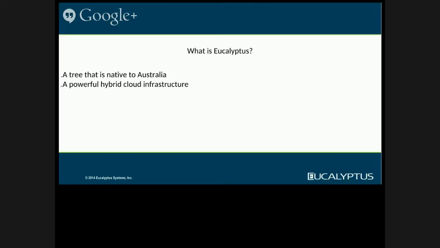And what is Eucalyptus? If you do a Google search on Eucalyptus, of course, the first thing you're going to see is about the tree that is native to Australia. But it also just happens to be private cloud infrastructure. If you've heard of Eucalyptus, about how it started, grad students got together with some folks from NASA, and they decided, let's make cloud software. And Eucalyptus was born. And it was very popular. It was on board. It was going to be the